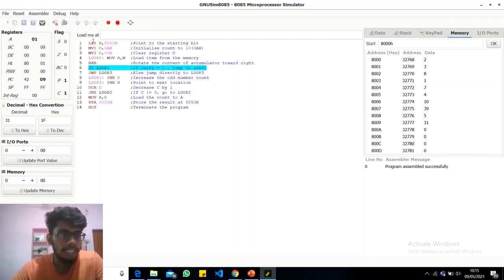Upon moving forward, the value of D is incremented by 1 because the number we found is odd. Further running down, the HL pair is pointed towards the next location, and running forward we can see the count is also decremented by 1. So basically 8 elements are left to be done.